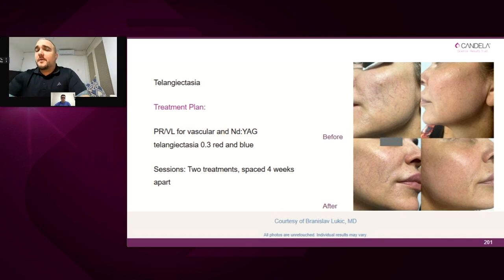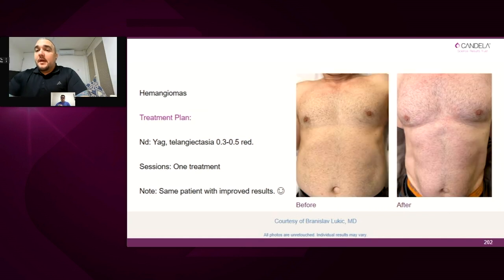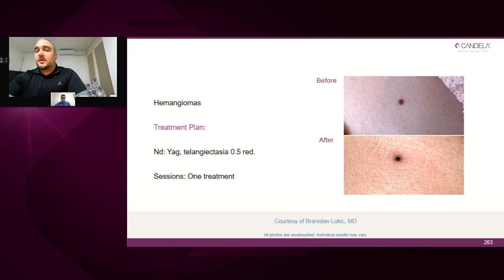We have to be careful about all these vascular changes on the face, not to press the applicator too hard because we can make extravasation and then miss our target, which is hemoglobin. Again, this is the same person, just in a better shape. Here were all hemangiomas. Hemangiomas are really easy to treat, either with IPL or with the ND-YAG on Nordlys. Again, this is how it looks immediately after, and then it passes like nothing has happened.